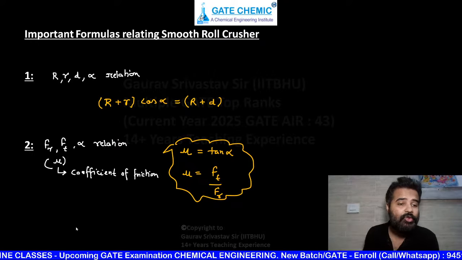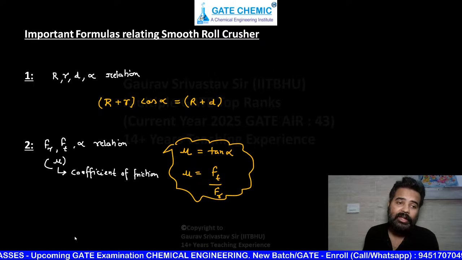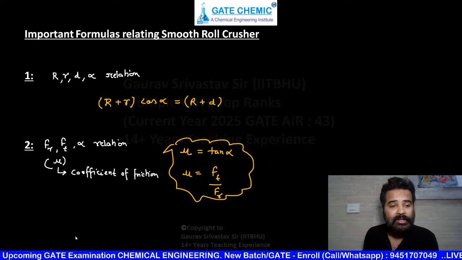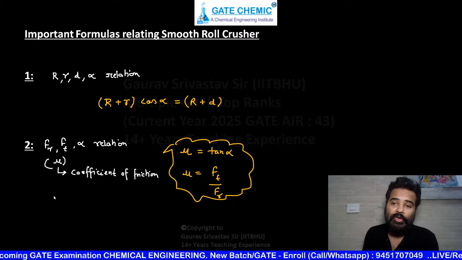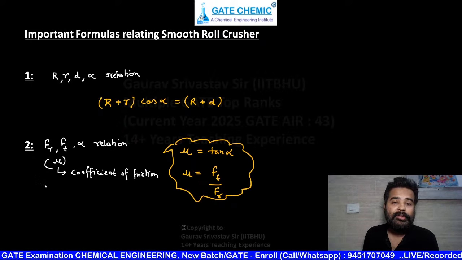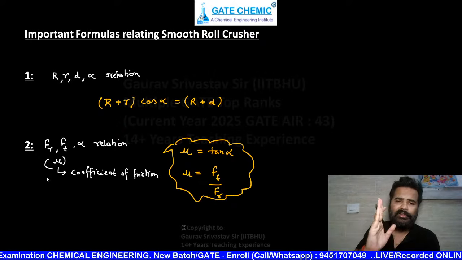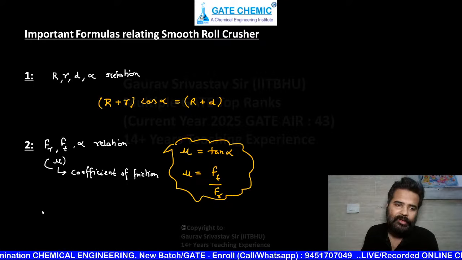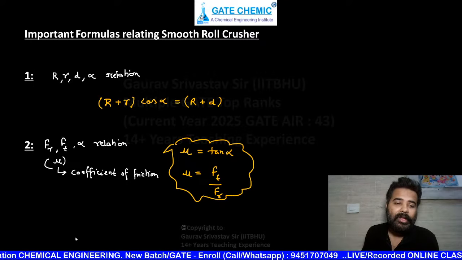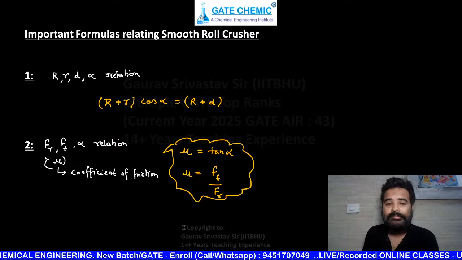समझ में आ रहा है ना सभी को? Still, please beta, don't write this equation. I will write it again on the green slide. So अभी केवल देखते जाएंगे, केवल समझते जाएंगे आप. Okay? Is it clear to all of you, beta? Downward Ft cos alpha आएगा, upward Fr sin alpha आएगा. That is not important. Okay? Ft cos alpha from top to bottom. Can we proceed?